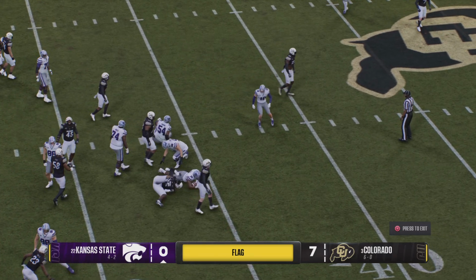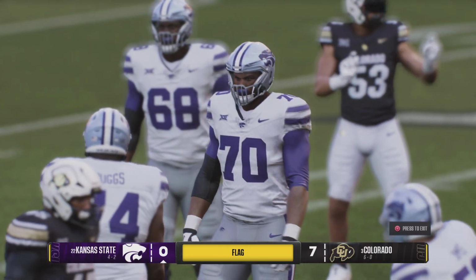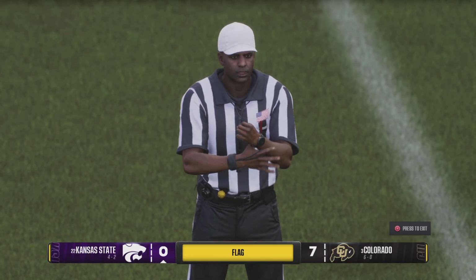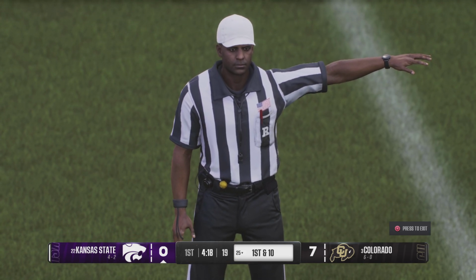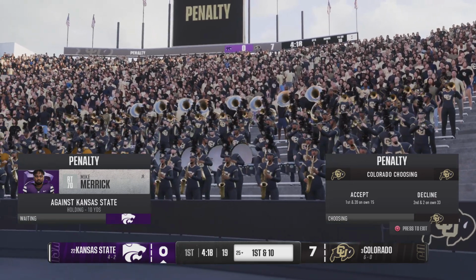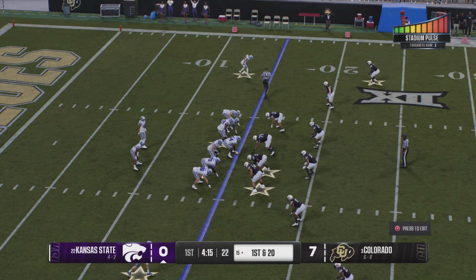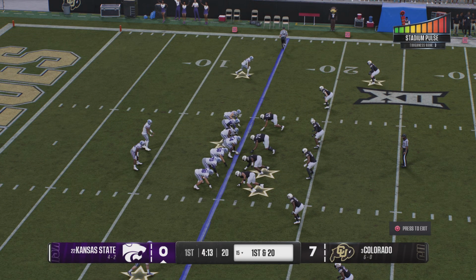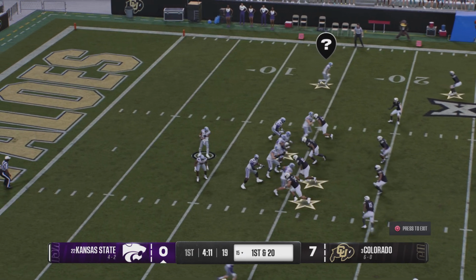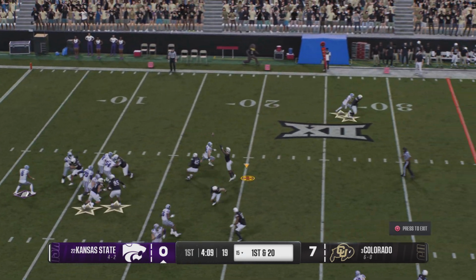And it's going to be taken down there, but there is a flag on the field. Holding. Offense. That stings for the offense. Penalty will cost him 10 yards. And wow, listen to this crowd noise. This stadium is vibrating. That's why this is such a tough